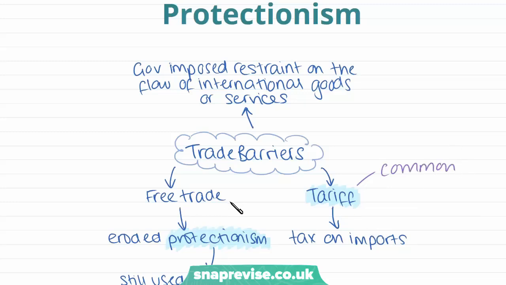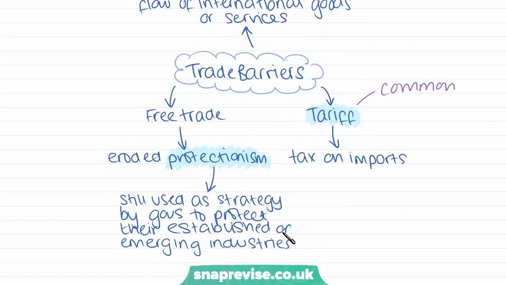Although free trade has had a huge role recently in removing the practice of protectionism, which is a strategy essentially used by governments to protect their established or emerging industries from trading with other countries. However, free trade has acted to erode this type of protectionism that countries enforce through things like tariffs and trade barriers. So free trade is combating trade barriers, essentially. And now we're briefly going to look at some of the other barriers to trade,